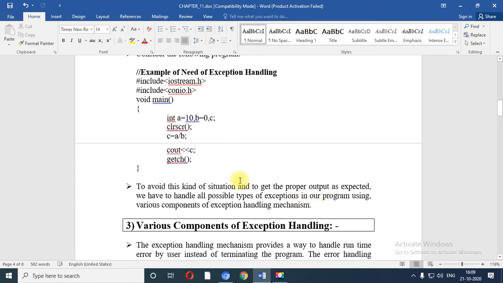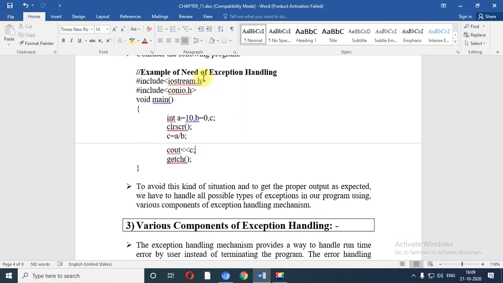Why? Because you cannot divide any value by 0. The person does not know what the problem is, and due to that reason this program is terminated. So to avoid such kind of problem, you have the exception handling mechanism.